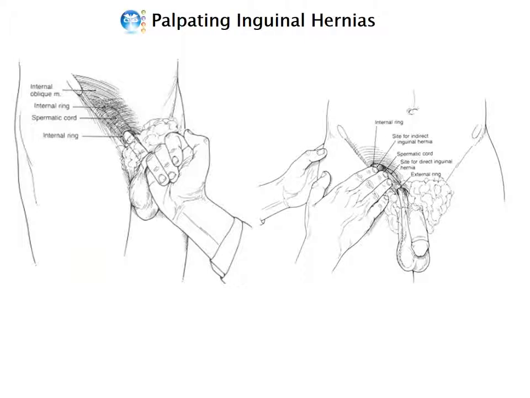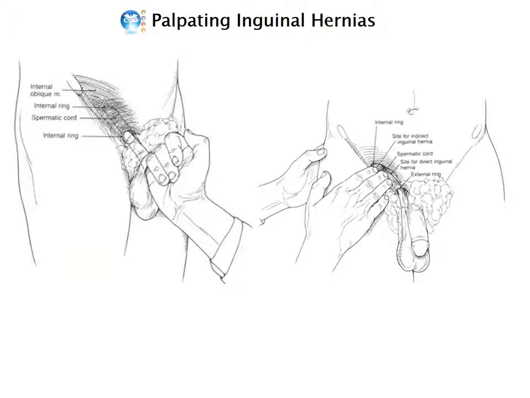Palpation of a hernia at the superficial inguinal ring is performed with the examiner's finger following the spermatic cord to the superficial ring. If a hernia is present, a sudden impulse is felt against the fingertip when the physician asks the patient to cough or bear down. Now, sometimes a noticeable bulge in the area of the superficial inguinal ring is also present. However, the palpation of that bulge alone is not discriminatory enough to discern whether it would be a direct or indirect inguinal hernia, because a bulge can exist at the superficial ring